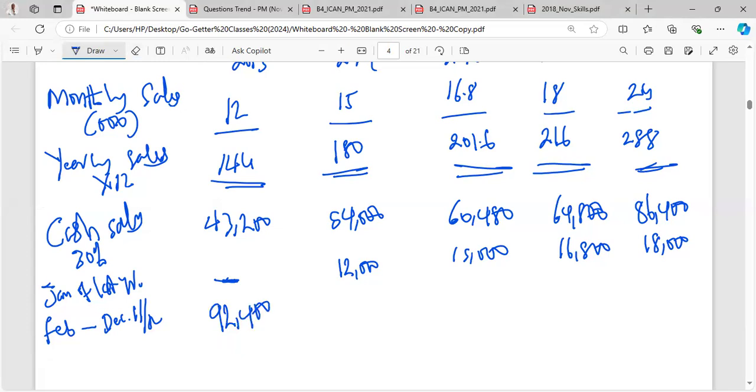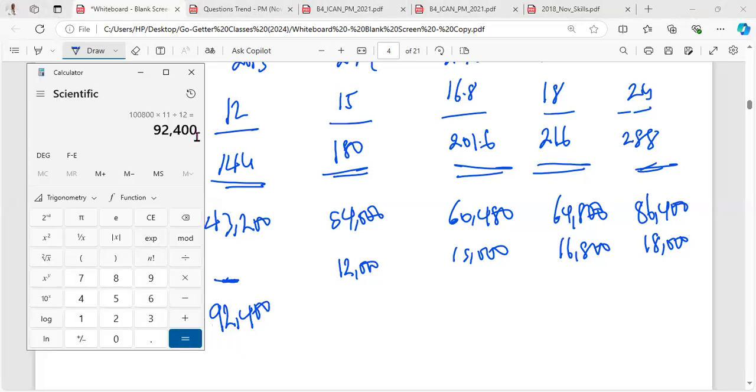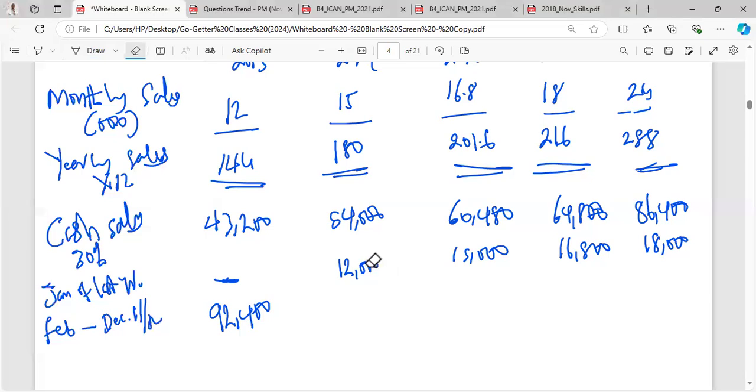92,400. Then that means we need to recap. We need to do this once again. Then it means that 1 over 12 out of it is what is here. So let me just do it. 8,400. I beg your pardon, this should be 8,400. I'll explain why. 8,400. Okay, if you look at it now,